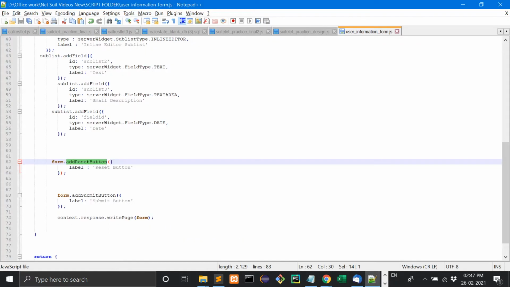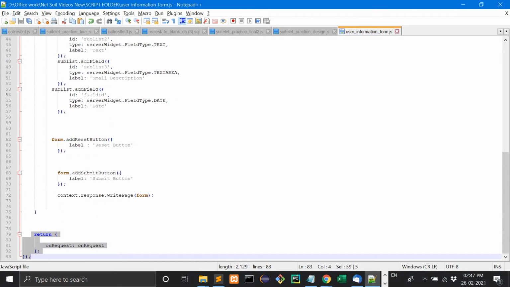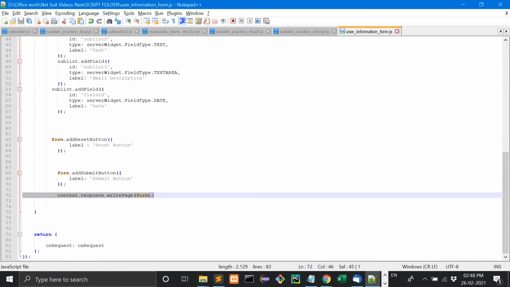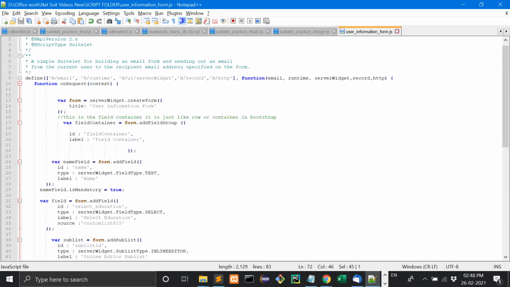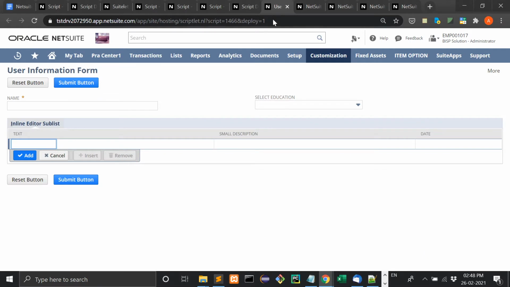Here I have written form.addSubmitButton, and here return on request, and context at the end. This line is very important: context.response.writePage(form). Right? Now see whatever you want to add. For example, let's see here again. I want to add an input box with caption name. So what I will do here,